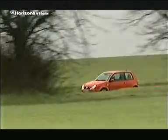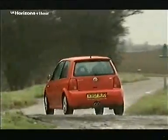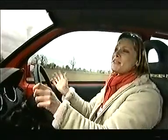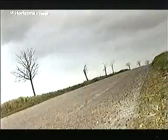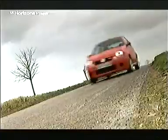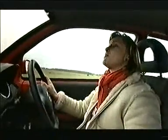The GTi badge isn't an empty promise. Borrowing big brother Polo's 125 brake horsepower 1.6-litre engine, we were taken to 60 in under 8 seconds. Strap a deck chair to a stampeding elephant and you get the picture. Just hold on tight and enjoy. If I had my way though, I'd stiffen the suspension, ditch the reasonably comfortable ride and make it into a